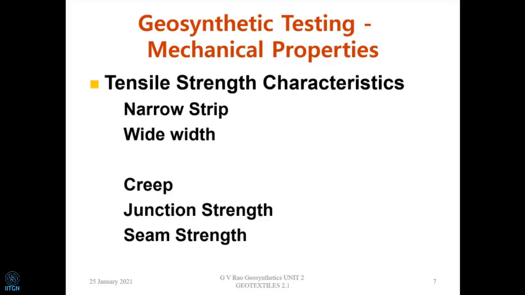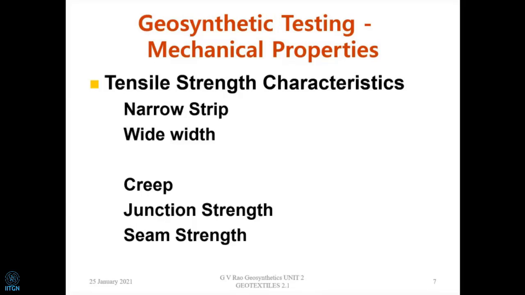Now in our case, we are using full width, maybe a 5-meter width sample. How correct is it going to be to test this kind of small specimen and then extend this logic to such wider widths? And also, what was done in the early days was that the specimen was subjected to loading at a very high rate. Now, in our cases, we have a kind of static load, except when we're talking of seismic forces. So we can't really say that you suddenly do the testing, because that narrow strip tensile testing was for quality control in the early days.